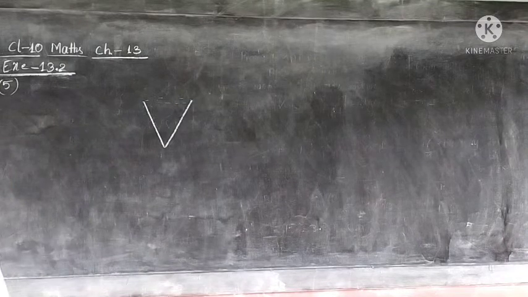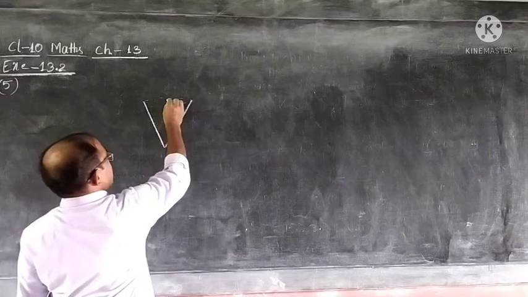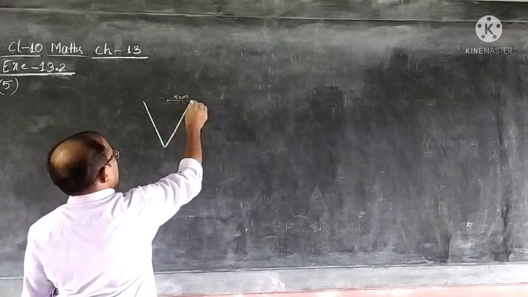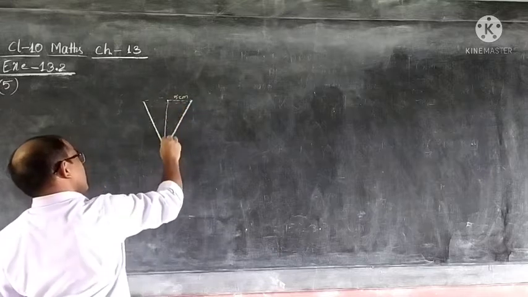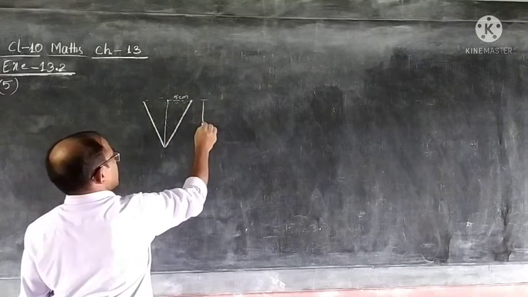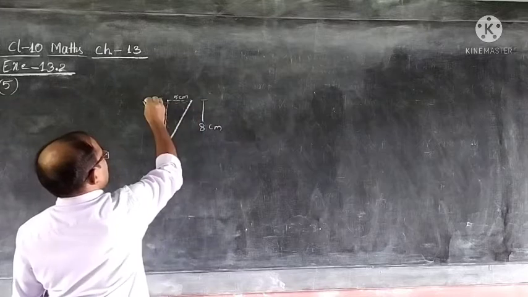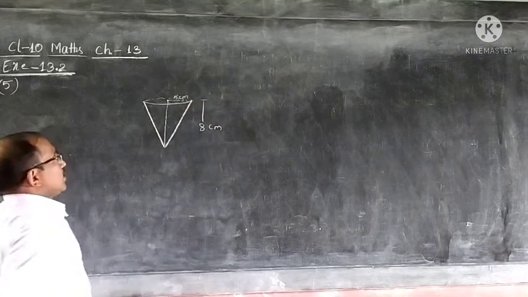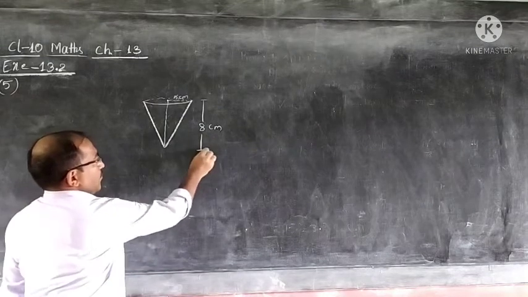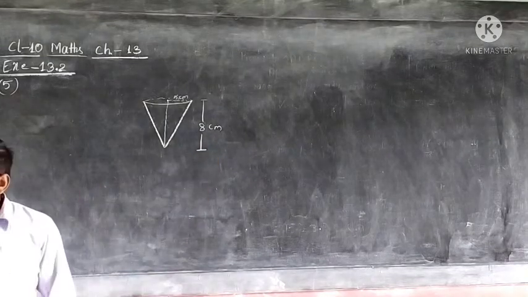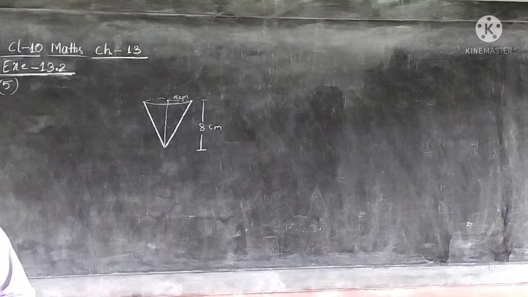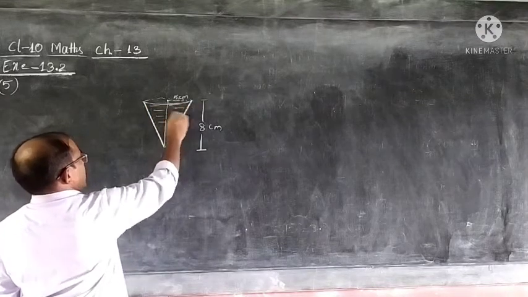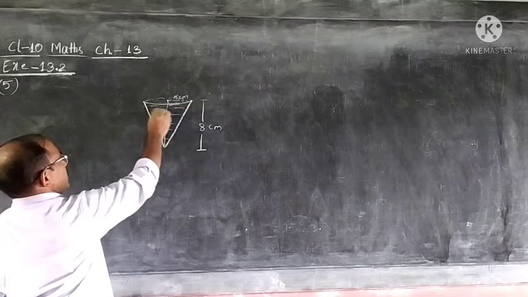Height is 8 and the radius of its top is, radius if we see from here to here, this is 5 centimeter and height is 8. We can show it here also, 8 centimeter. So this is opened, remember. Then it is filled with water up to the brim. So it is completely filled with water. This vessel has water filled in this.